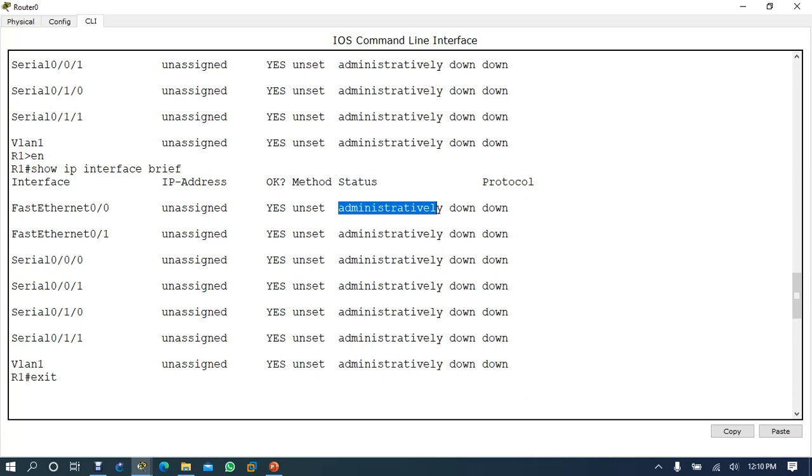If you see just down, not administratively down, there is some problem in the link, and you have to find out. Protocol down means your device is configured from your end, here is up and here is down. From your end everything is okay, but the remote neighbor end has some problem.